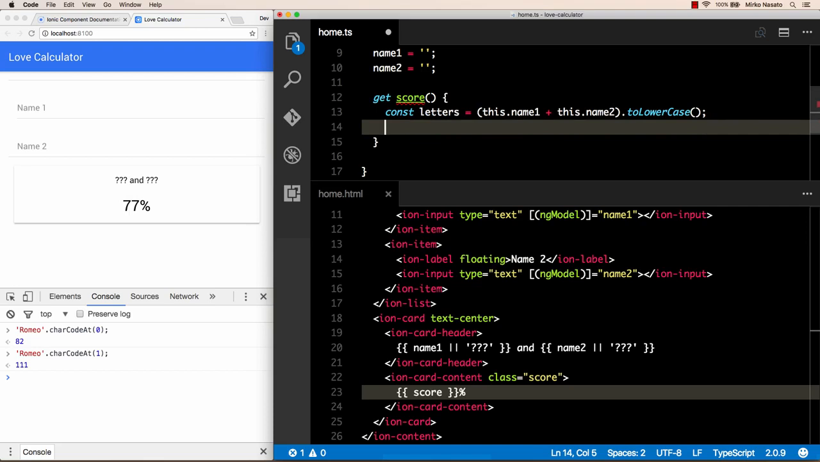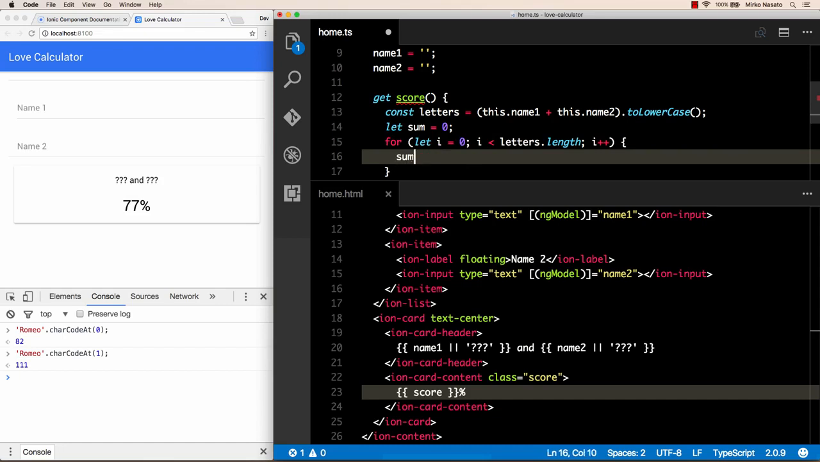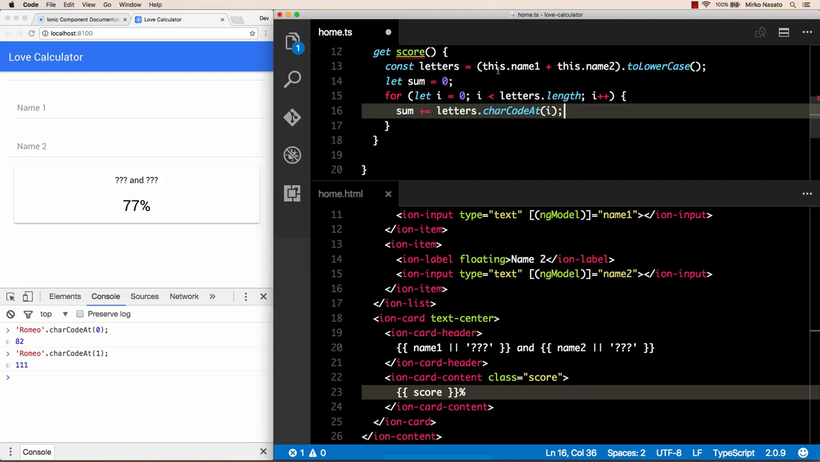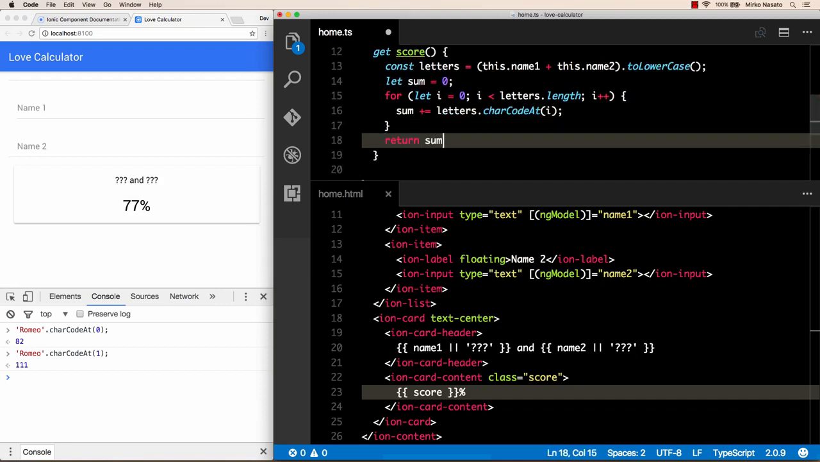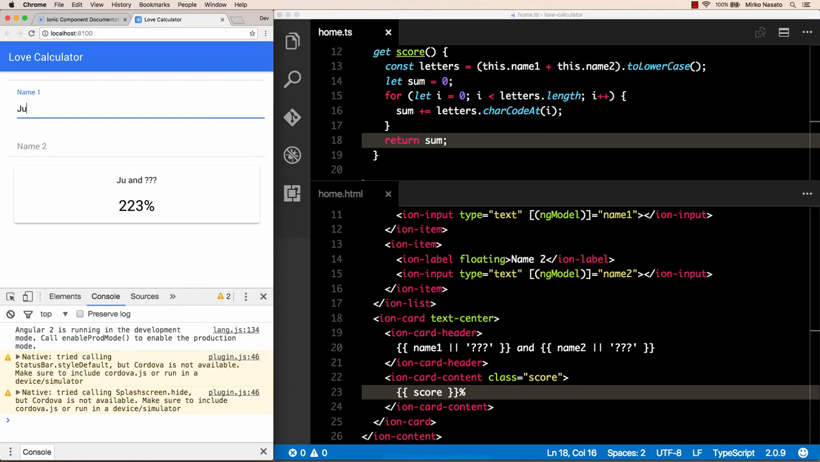Now that we have all the letters, we could calculate the sum of their character codes. So start from sum equals 0, then iterate over each letter. So for an index going from 0 up to the letter's length and incrementing by 1. In the loop, we want to add to the sum variable the value of each character, that is letters.charCodeAt(i), right? Let's try returning this sum just to see what it looks like. Initially it's 0. If we type Juliet and Romeo, you can see that the number increases at every letter we type, and we end up with